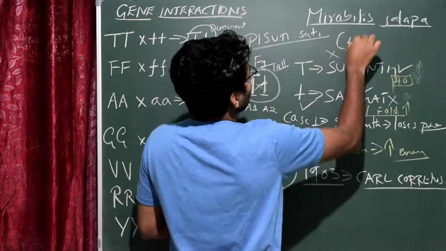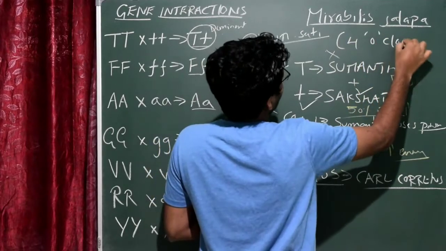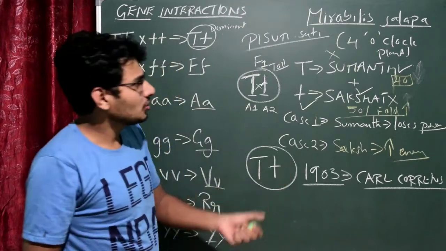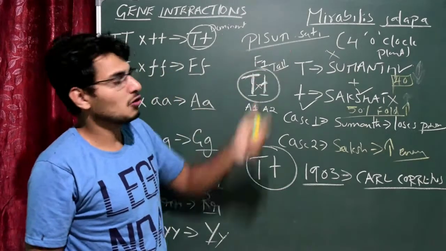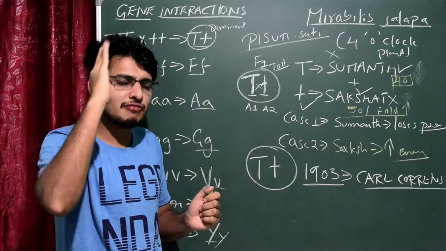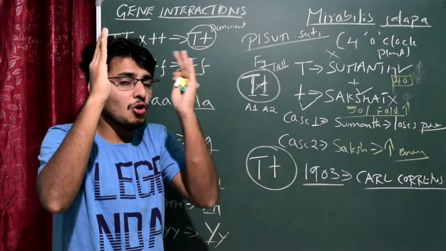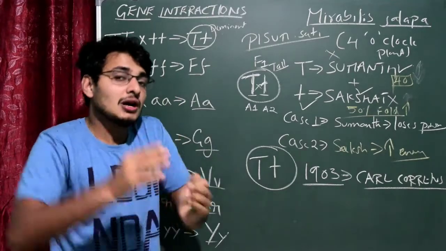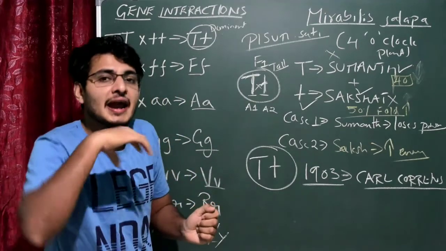Okay, it is also called as 4 o'clock plant. This fellow, Carl Correns, in 1903 observed in Mirabilis jalapa, that is 4 o'clock plant, that due to the cross between homozygous red colored flower plant with a homozygous white colored flower plant, he got a pink in F1 generation, a heterozygous